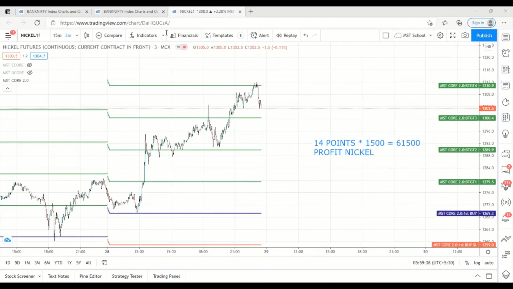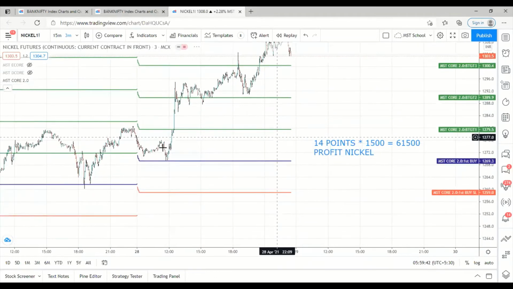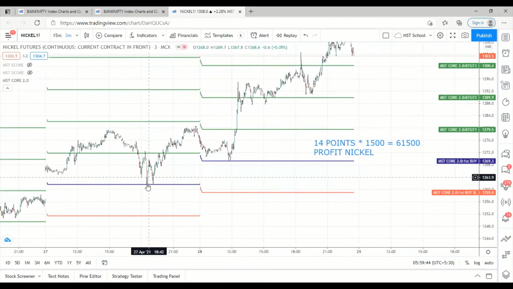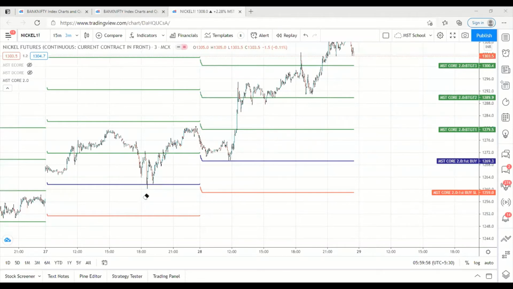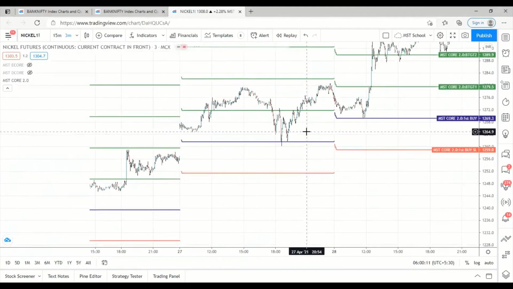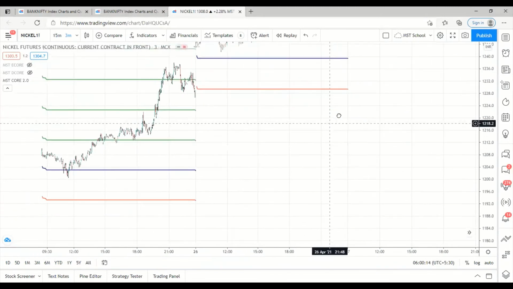Similarly, every day you can get profit. At least overall in a month, you will get profit. See, the day before yesterday, buy activated exactly here, and almost the second target was done. This is a very simple indicator and you can use it for a lifetime. Your children can use it, their children can use it, your grandchildren can use it. It is an asset for you. You teach trading to all your family members and everyone will be able to get good profit.